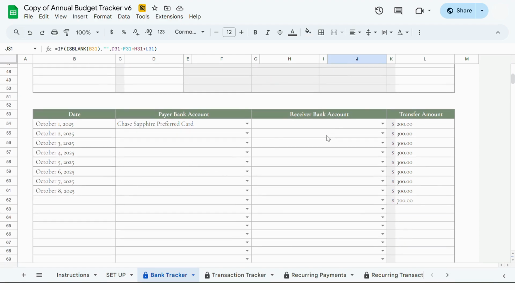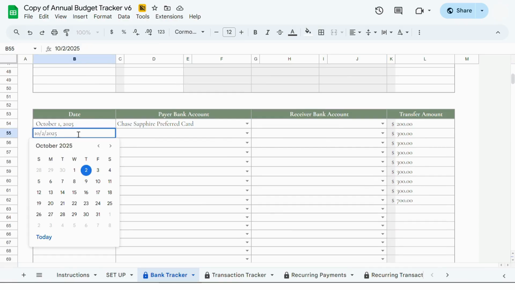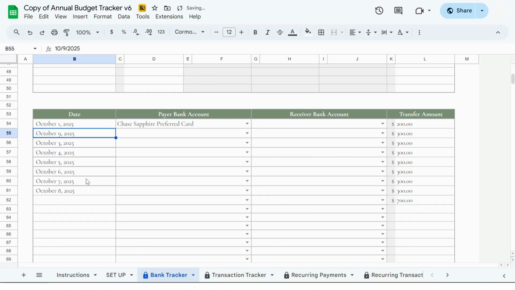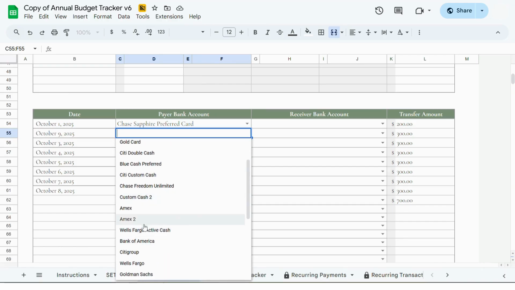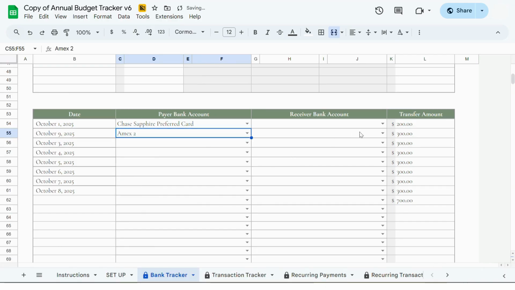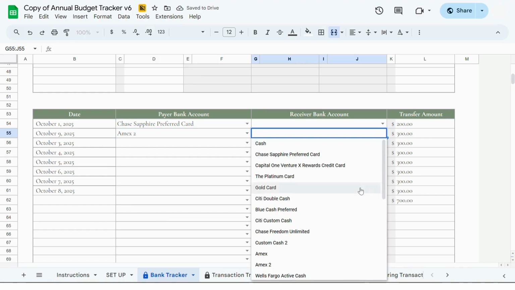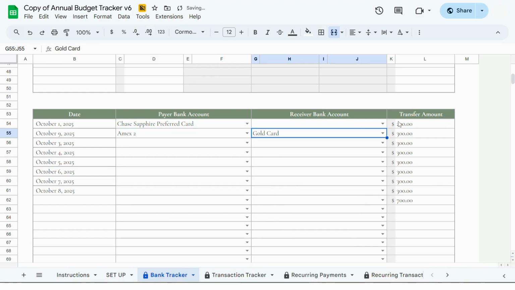So for that, I can use this tab. Suppose on October 2nd, here you will just click on this, and suppose I did this transaction on 9th of September. In Excel, this calendar won't pop out, so you have to enter it manually instead of just choosing from the calendar. Suppose my payer bank account was Amex2